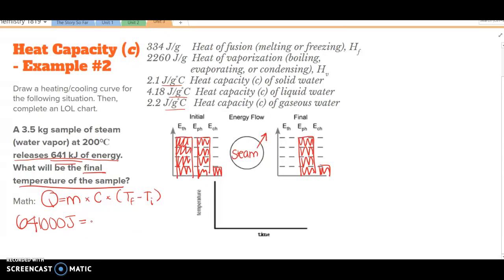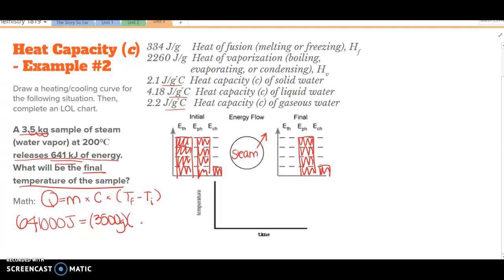The mass of my substance, 3.5 kilograms. Again, I need grams. 3.5 kilograms, there is 1 kilogram for every 1,000 grams. So to make this into grams, I also want to multiply by 1,000. That's allowing me to move my decimal place over 3 places. So my mass is 3,500 grams